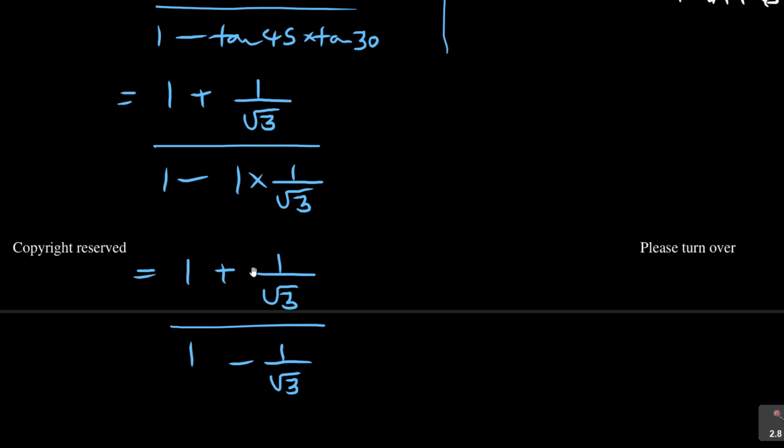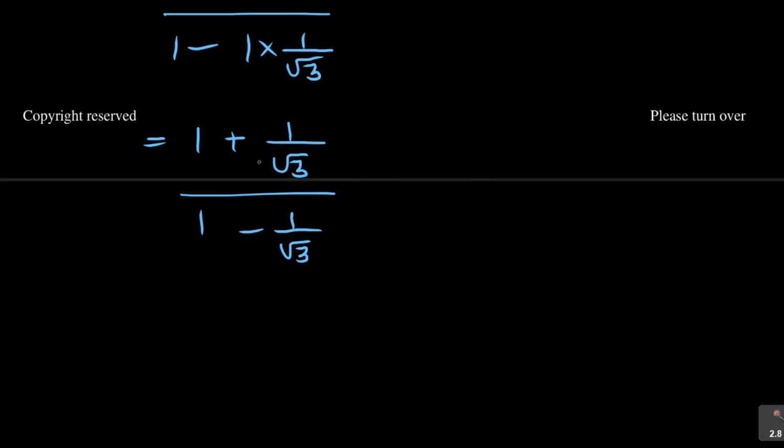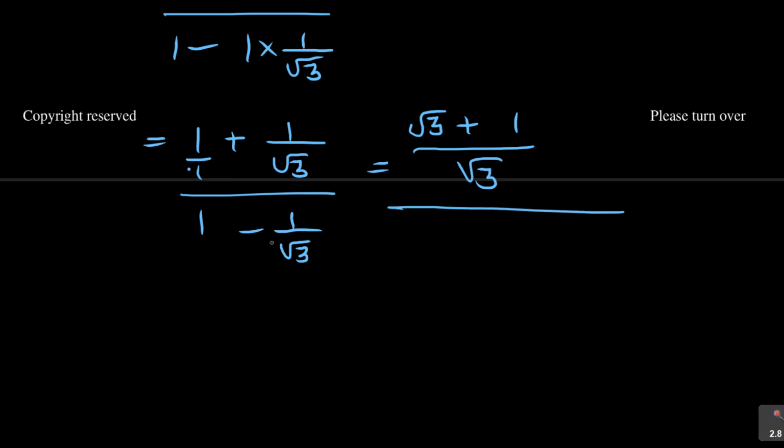I think from here you can find a common denominator at the top, which is equal to square root of 3. 1 into square root of 3 is square root of 3, times 1, plus 1 all over, at the bottom again it's square root of 3, the denominator, which is root 3 minus 1. And then from there what you do is